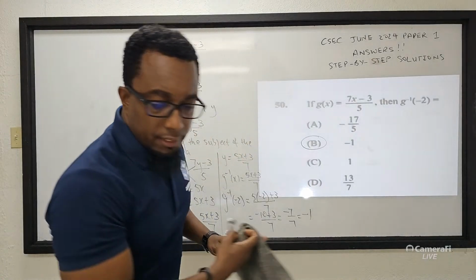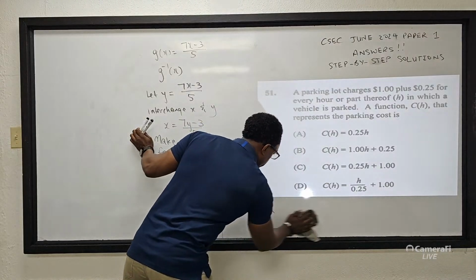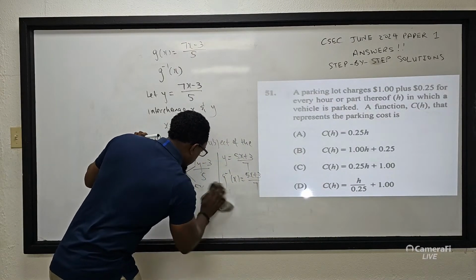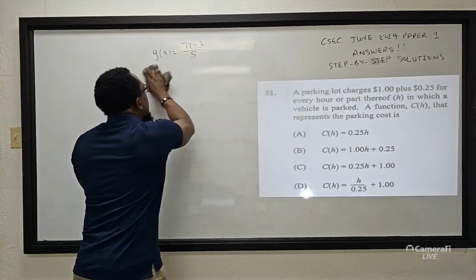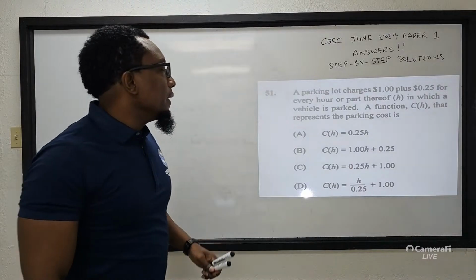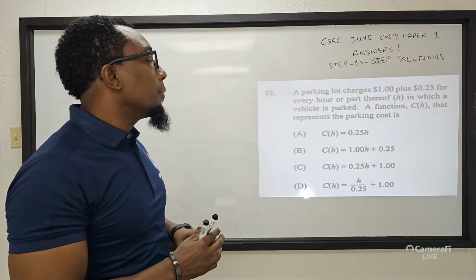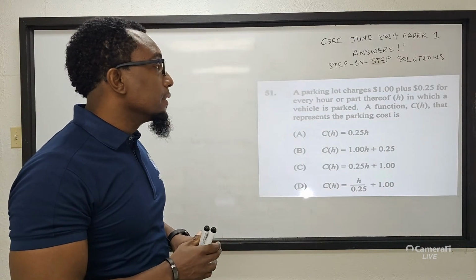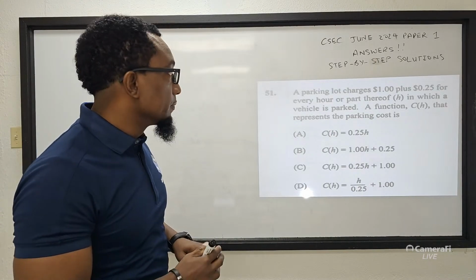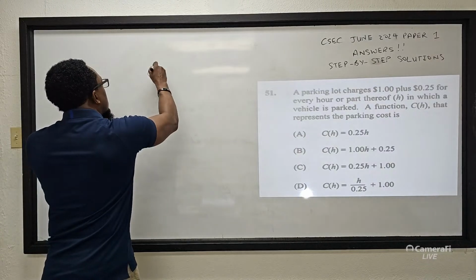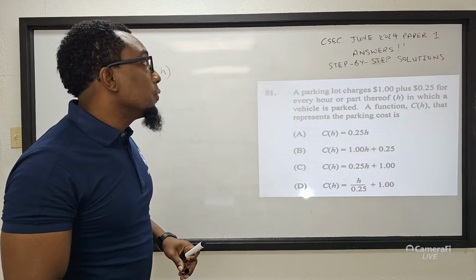So let's look at question 51. It states here, a parking lot charges $1 plus 25 cents for every hour or part thereof in which a vehicle is parked. So what is the function C of H that represents the parking cost? So the function C of H which represents your parking cost will be,